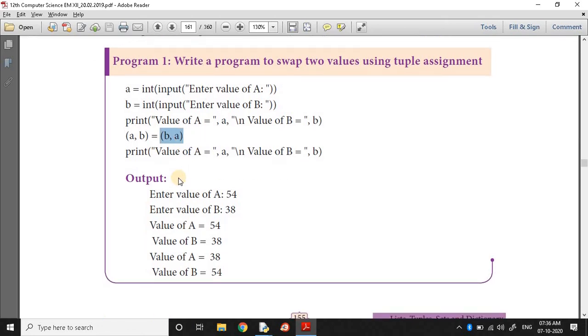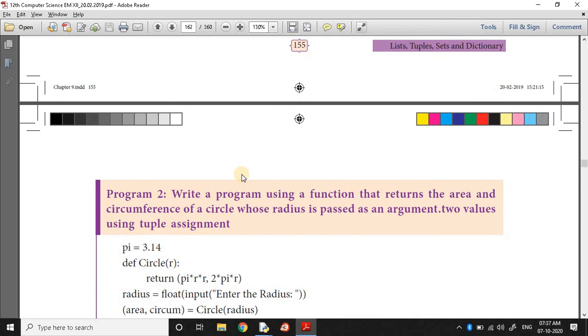Swapping means exchanging values, a value to b and b to a. After that, the same a and b will be printed. What will happen? Enter a value 54, then 38. Printed 54, 38, then 38, 54. So the order has changed here. So with tuples we can exchange, swapping means exchanging the values, easily.